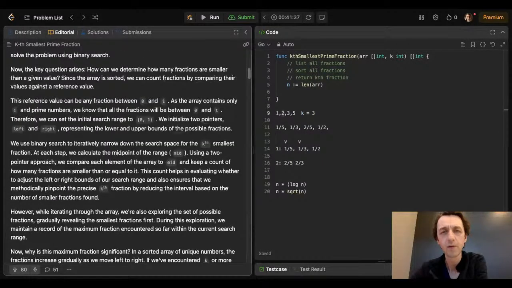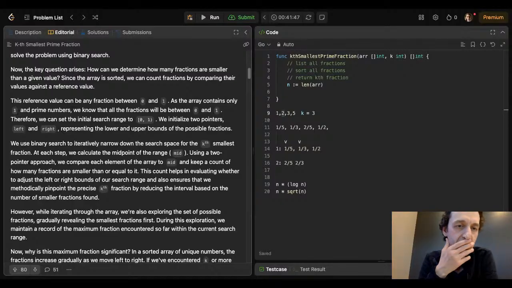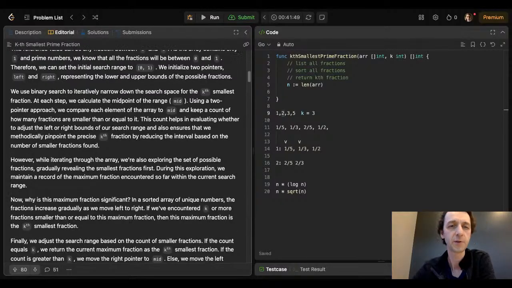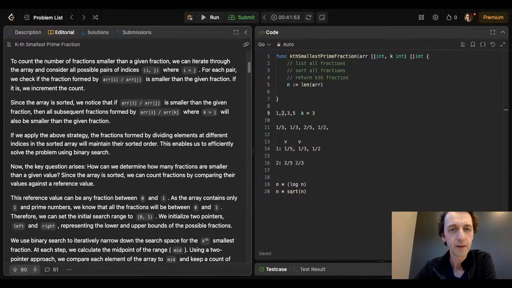This looks like partitioning. We just take a pivot and everything that's smaller goes to the left. The interval narrowed down the search space for the k smallest. Okay, let's say k is